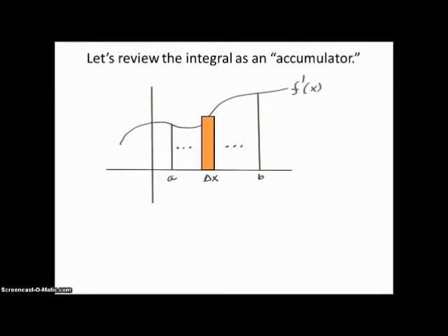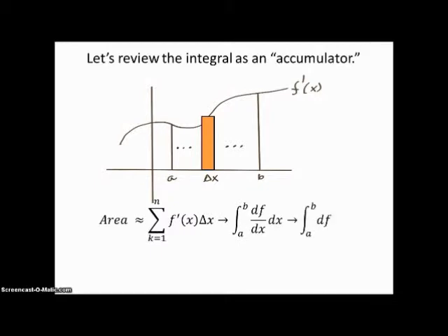For example, if we have a function drawn that's the derivative of another function, then the area of that little rectangle you see there is f prime at that particular point times the width delta x. And so the area, if we had a lot of little rectangles filling up the whole area from A to B, would be the summation of the n number of rectangles, the heights f prime times the width delta x, which morphs into the integral from A to B if we use instantaneous dx instead of delta x, where delta x goes to 0,